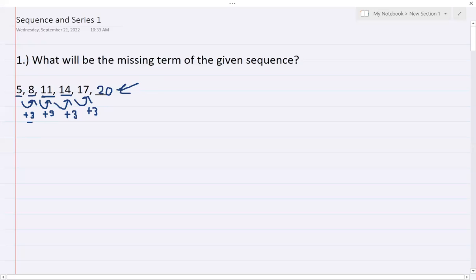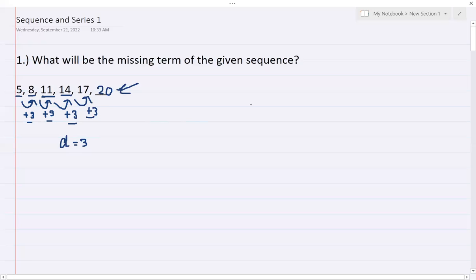As you can see, we have 3, 3, 3, and 3 here, right? And we use it to add to the previous term just to get the next term, right? So your 3 is your common difference, because you use that to add to the previous term just to get the missing term or the next term,